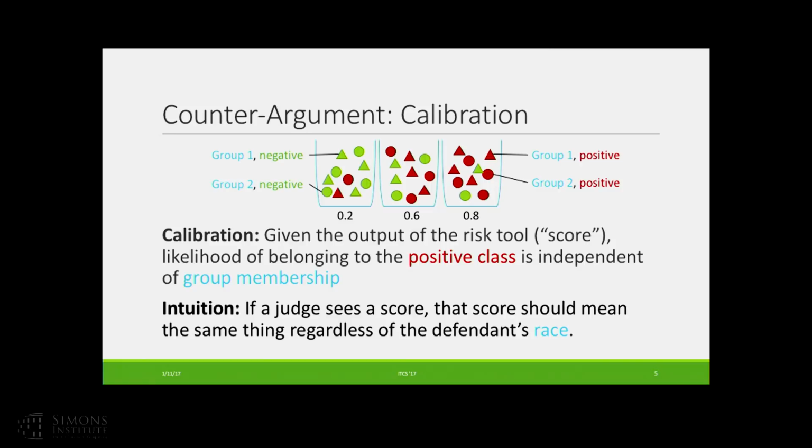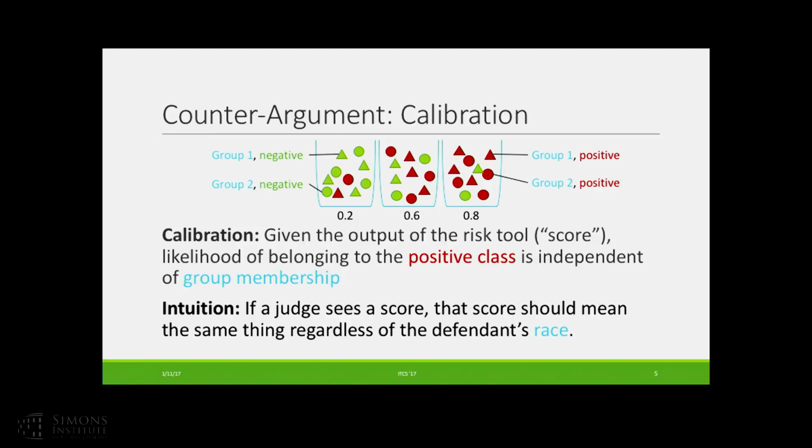Given the output of the risk tool, or a risk score, the likelihood of belonging to the positive class, or being committing crimes in the future, is independent of group membership. Okay? And the intuition here is if a judge sees a score, it shouldn't matter what race that defendant is. A score of 0.2 should mean 0.2, regardless of who it is. And when I say a score of 0.2 means 0.2, if we look at my